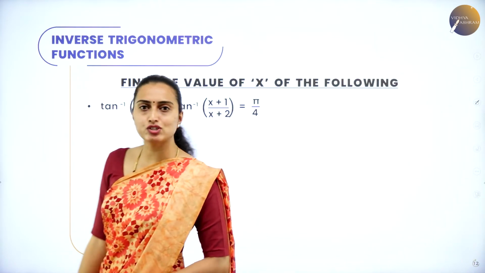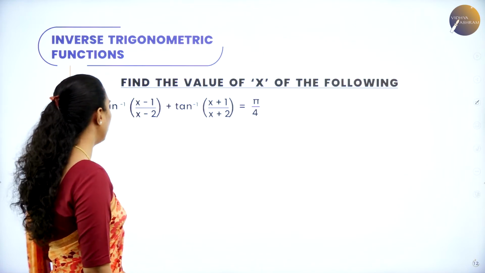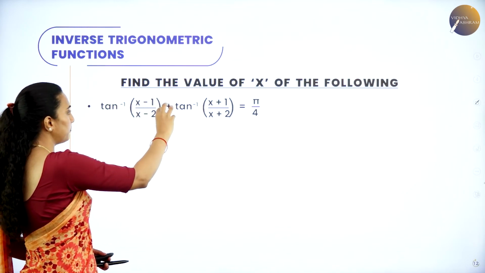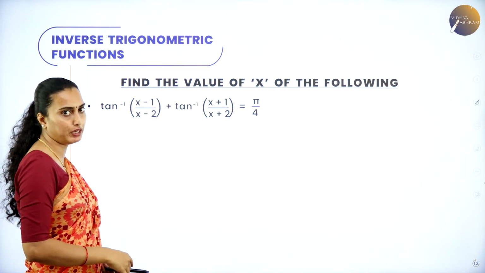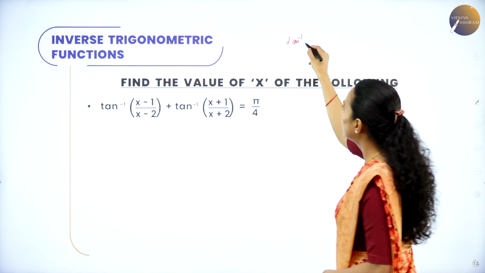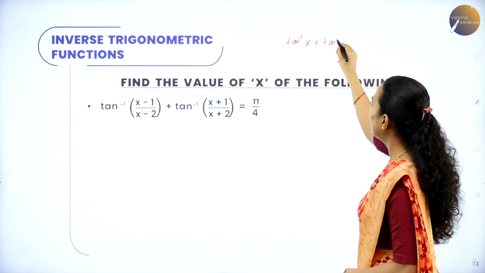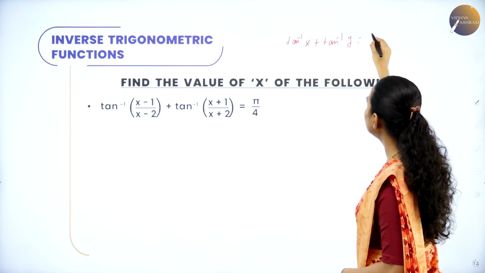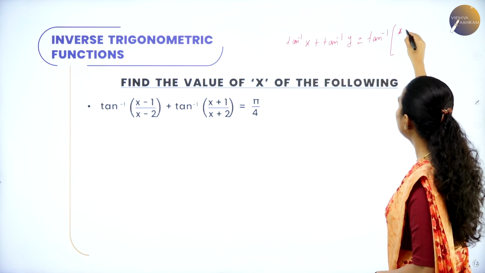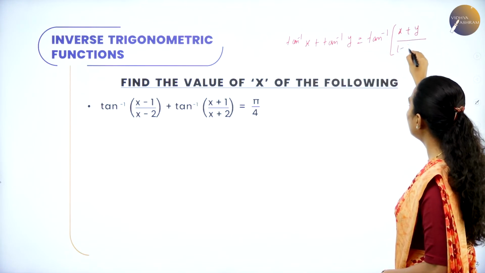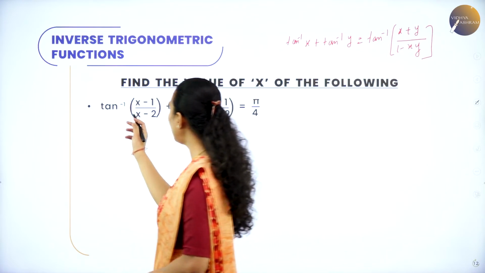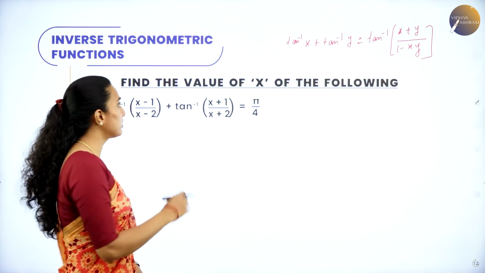Find the value of x of the following. So x of the following means you can observe, dear students, here it is in the form of tan inverse x plus tan inverse y is equal to pi by 4. You know the formula already, I am going to write it here. Tan inverse x plus tan inverse y is equal to tan inverse of x plus y divided by 1 minus x into y, right? So therefore accordingly you are going to have it as tan inverse x, which is nothing but x value